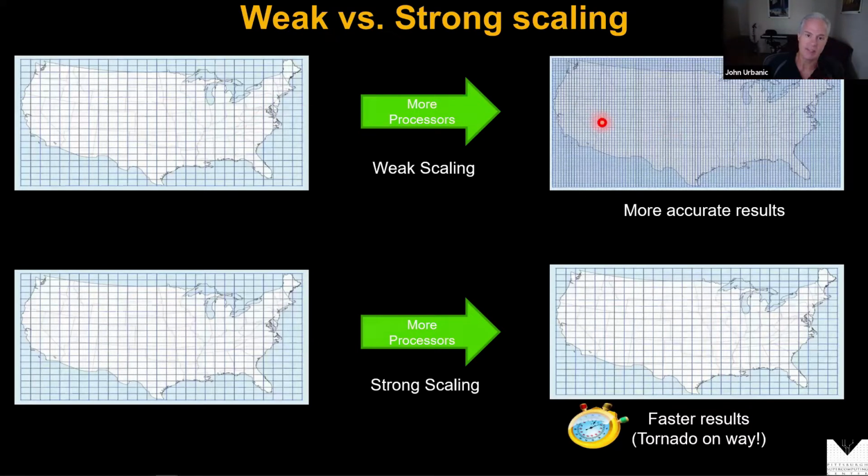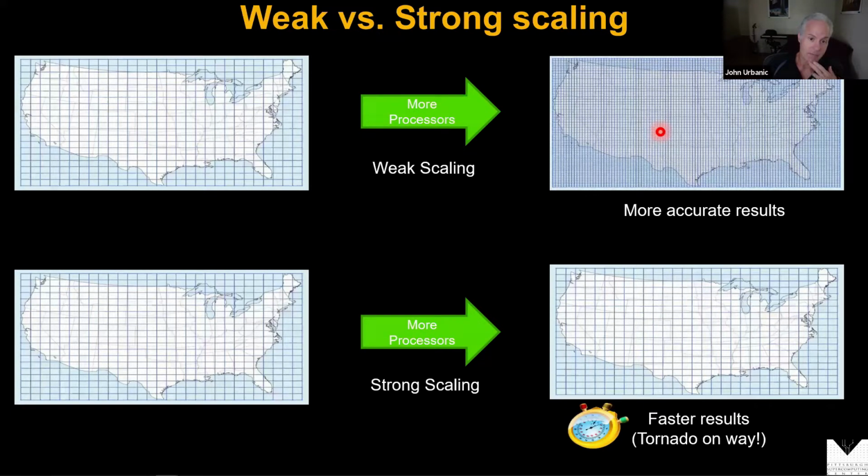Even if we have the memory, let's assume the memory is not an issue. If we go to a finer grid and we keep it as a serial problem, it's going to take that much longer to come to an answer. And for our weather forecast, having your next day forecast take a week to produce isn't really very useful, is it? So instead, we throw more processors at the problem and get a more accurate result, but we can also get it maybe in the same amount of time.